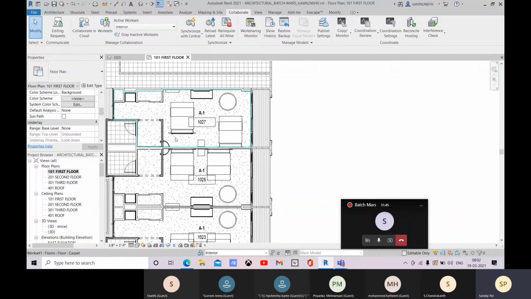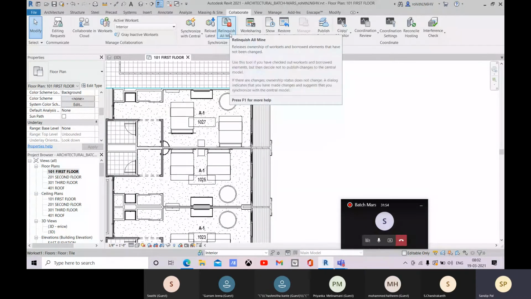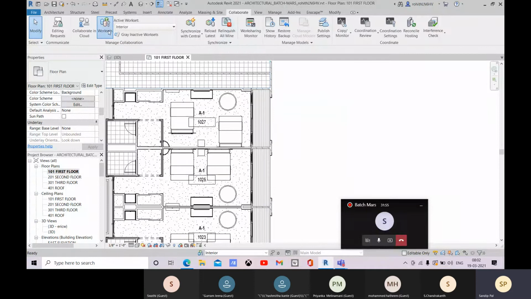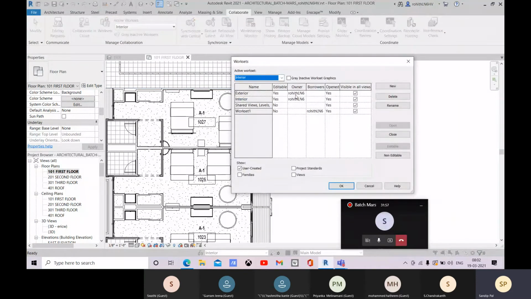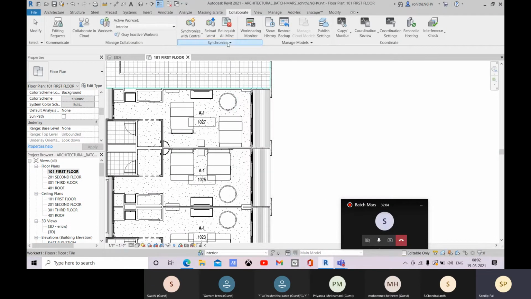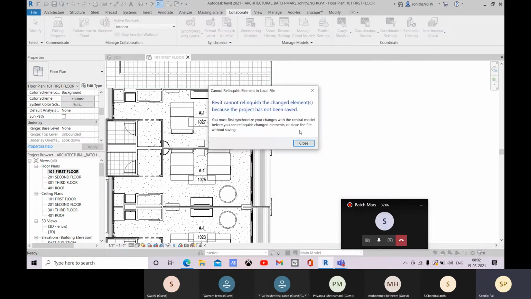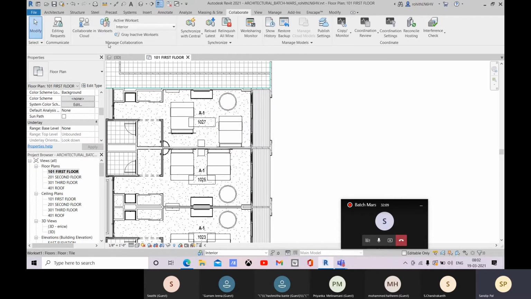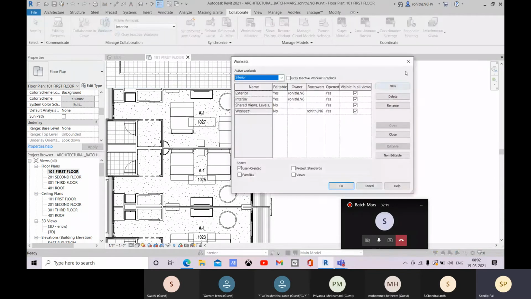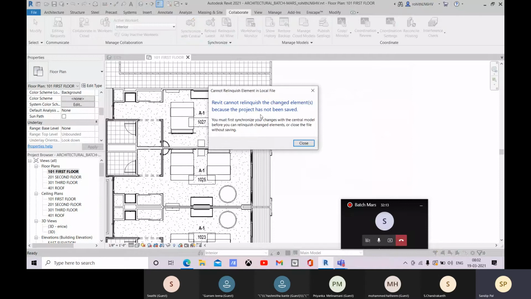After working on your part, what you will do is relinquish your ownership for the workset or the borrowed elements. Here you can see I'm the owner right now, so I have to relinquish this ownership. Let me check it.